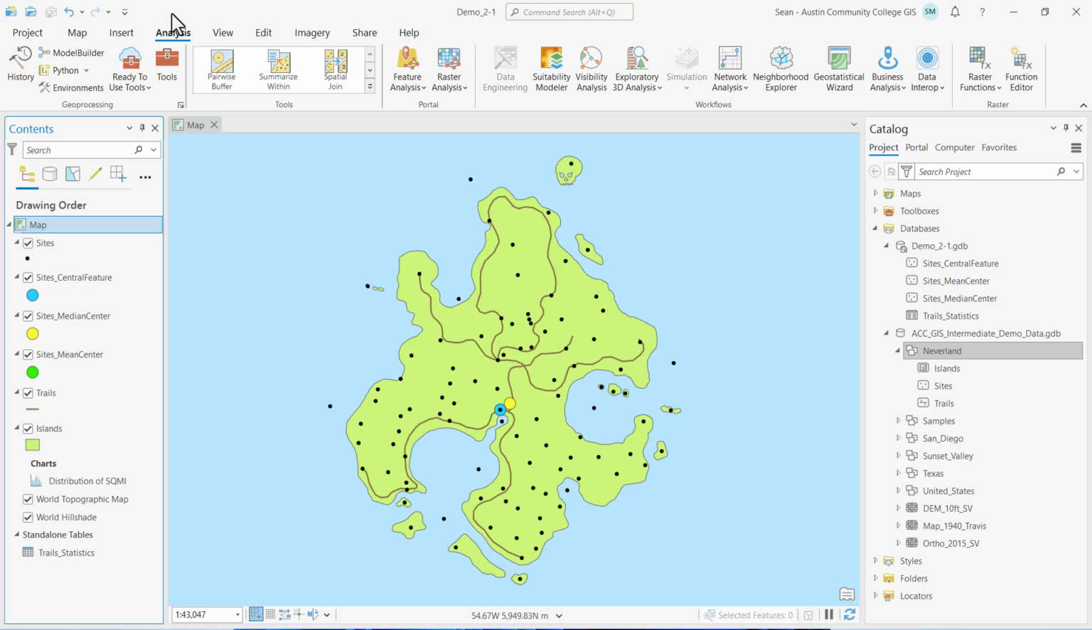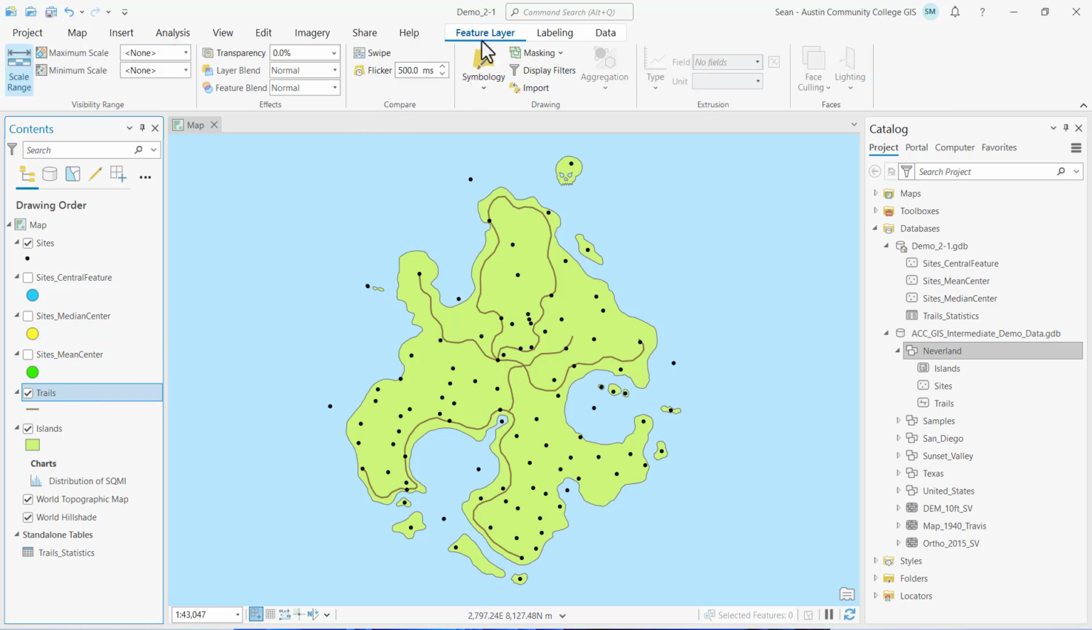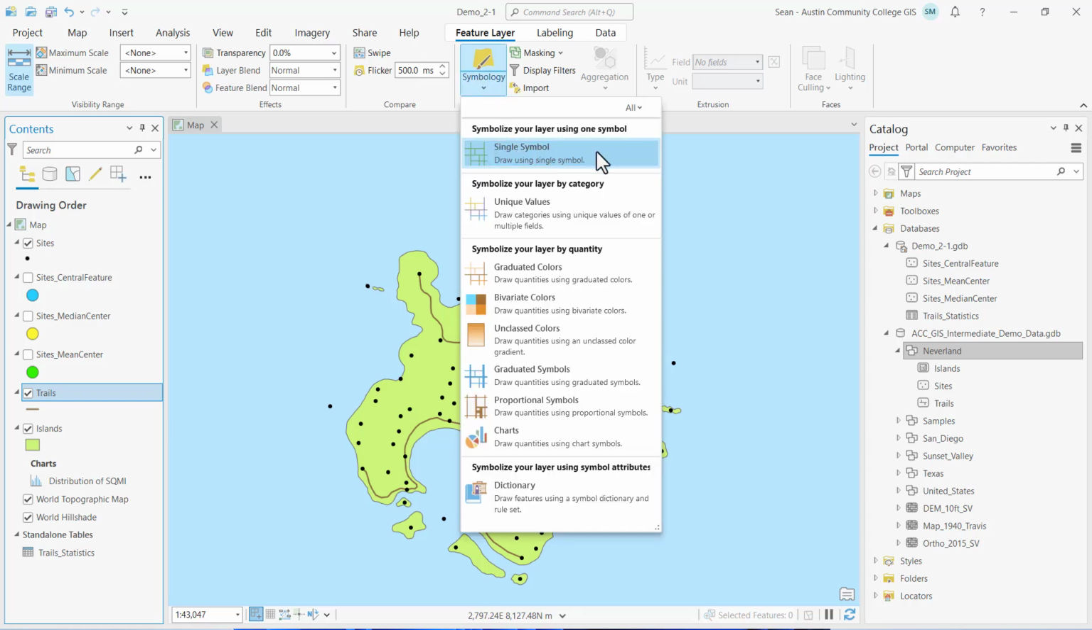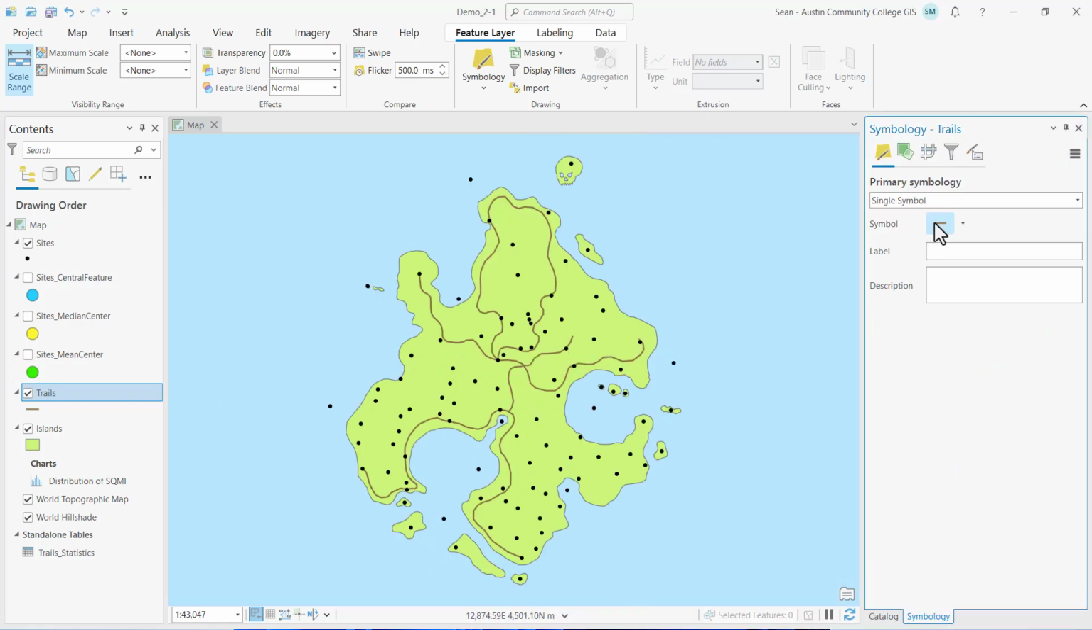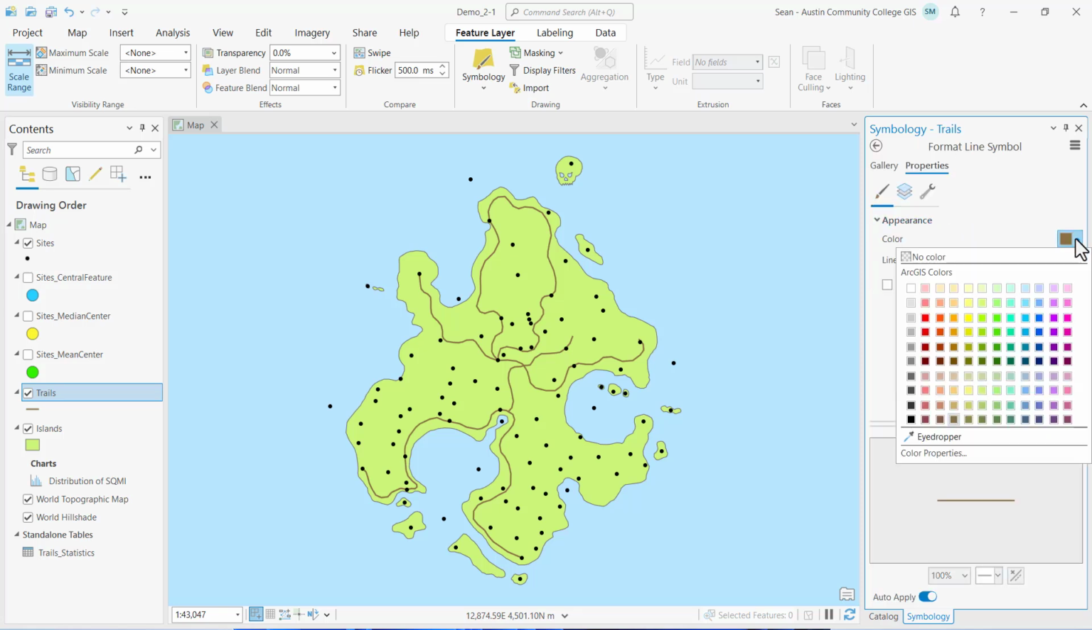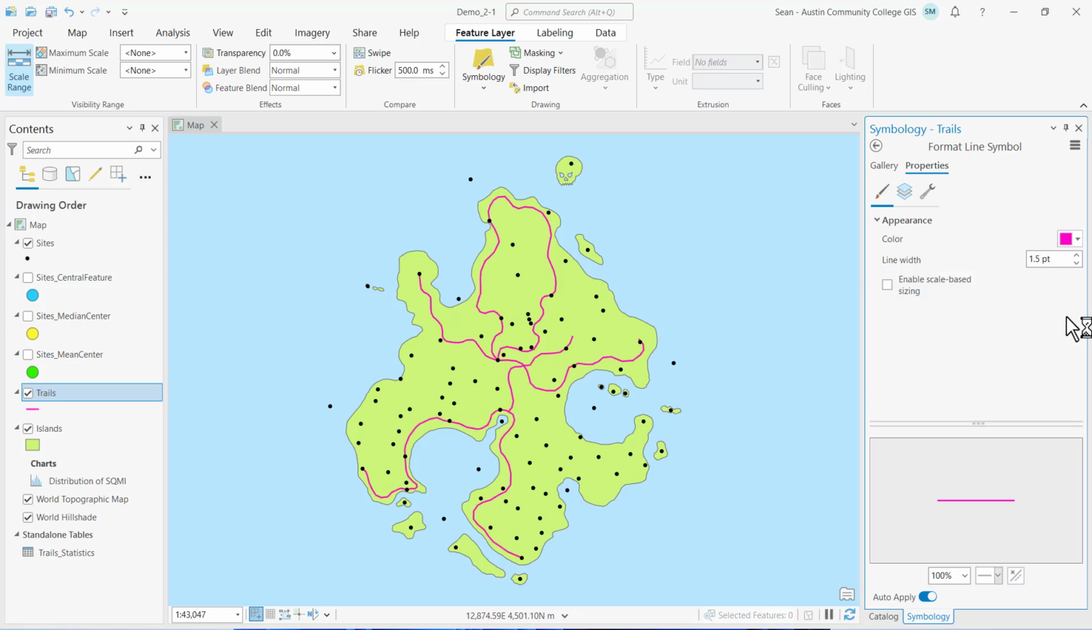Back in ArcGIS Pro, we'll begin by turning off our geostatistical point feature layers and then selecting the trails feature layer. And on the context sensitive feature layer ribbon, click on the symbology drop-down button and select single symbol. And that opens up the symbology pane. I'm going to go ahead and dock it over my catalog pane, and then I'm going to click on the symbol patch there to update my symbol. And I'm going to switch it over from brown to pink, and you can see it updates the symbology for all of my features because it's one symbol for all the features,